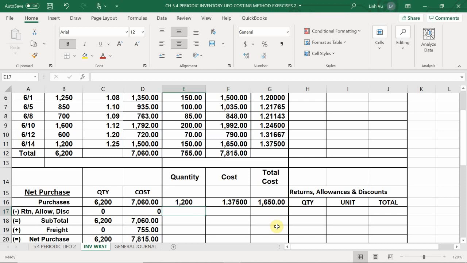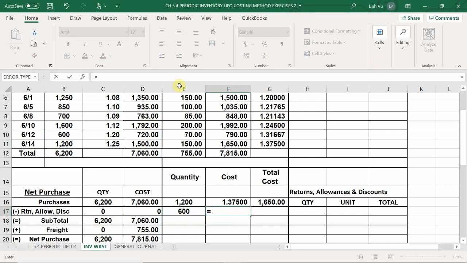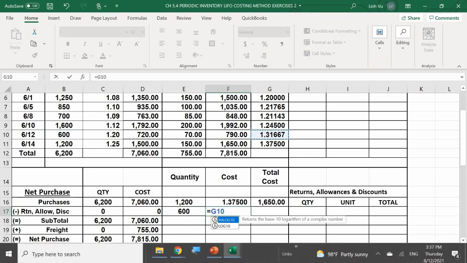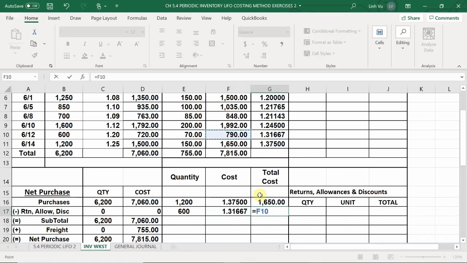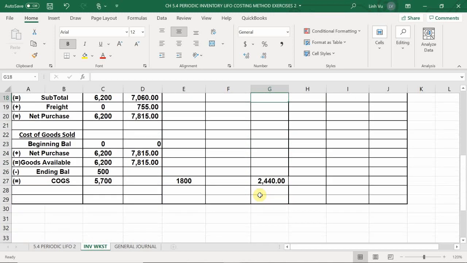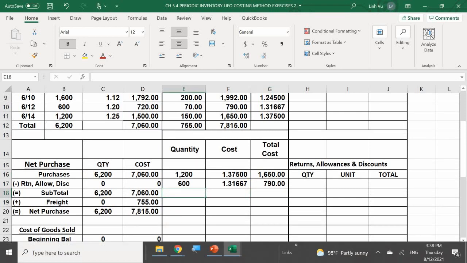So which batch of inventory are we going to take out away from next? June 12th for the 600 units, right? We're going to take it out once again, the whole entire thing, which is going to cost me a total of $790. Okay. So here we now have a grand total of 1,800. We need to keep going. So the next batch of inventory that I'm going to sell is going to be